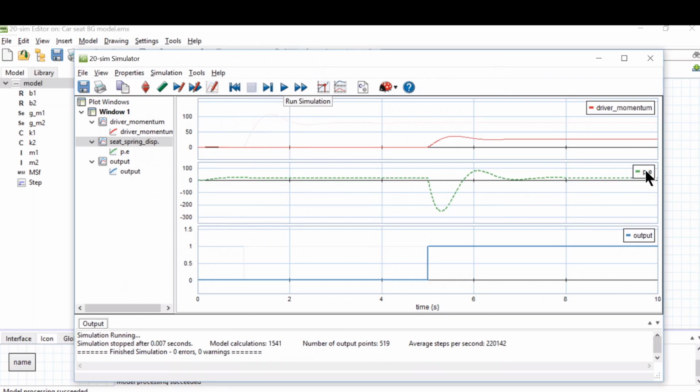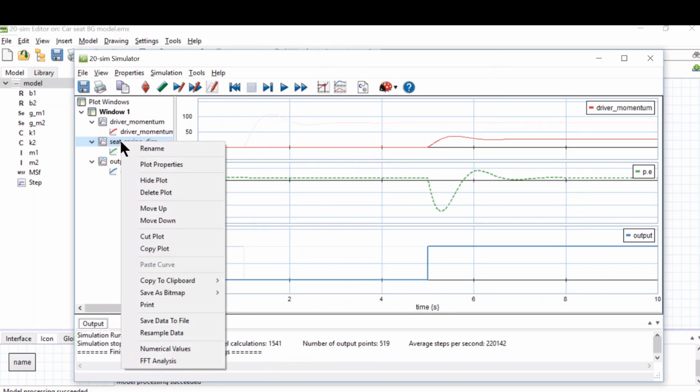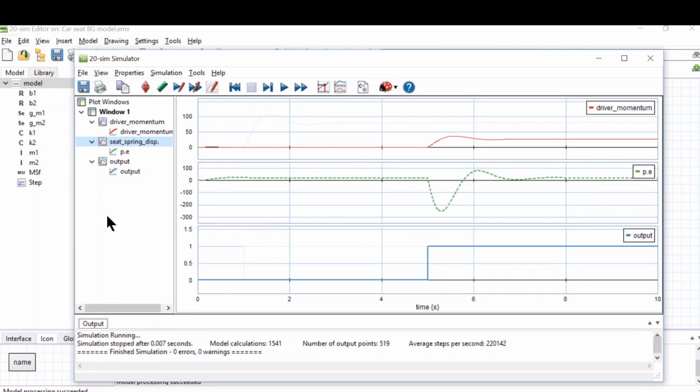Then you can bring back the video, and you see that this is the force, and so on and so forth. If you want to change it, or if you want to add any curve, you can add it here,